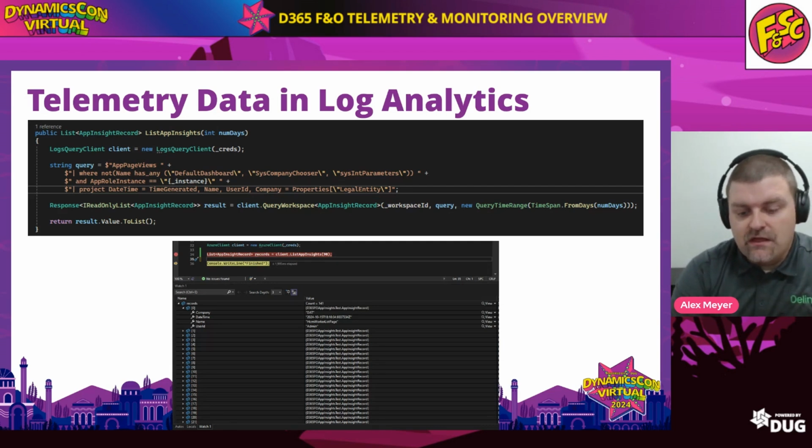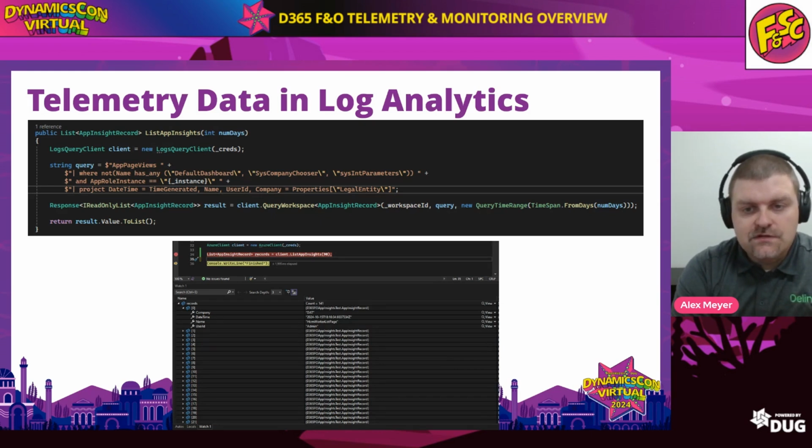You connect to it with a client ID and secret and a tenant ID, just like you do everything else within Azure. And then you give it a workspace ID, which again comes from the metadata of that workspace when you create that resource within Azure. And then you can actually provide it a query. So this is how we can be somewhat dynamic about how we want to query this data. The data itself, in this case, we can query via a language called KQL,